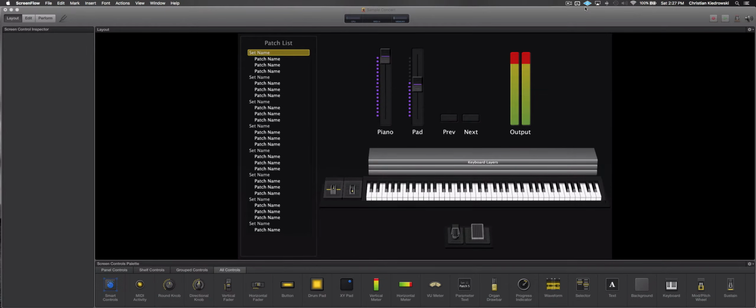This tutorial is going to be about assigning your MIDI controller to MainStage. So today we just got a simple setup: 2 faders, 2 buttons for previous and next in our patch list, and then an output indicator that'll show us the levels of our instruments when we get into the edit screen. Right now we're in layout, and we're going to talk about assigning your keyboard and assigning your controllers to different